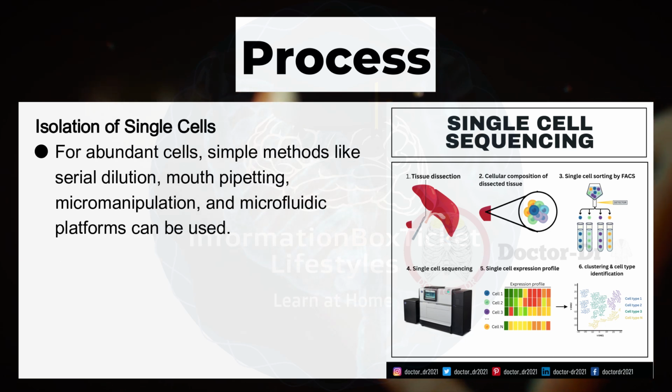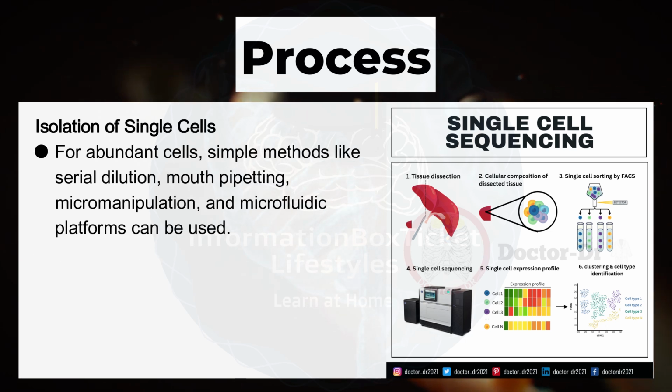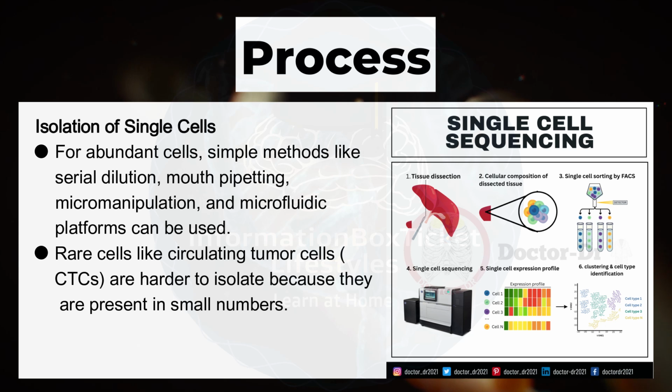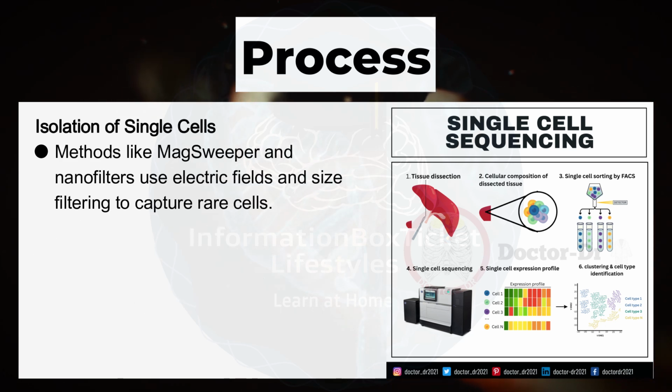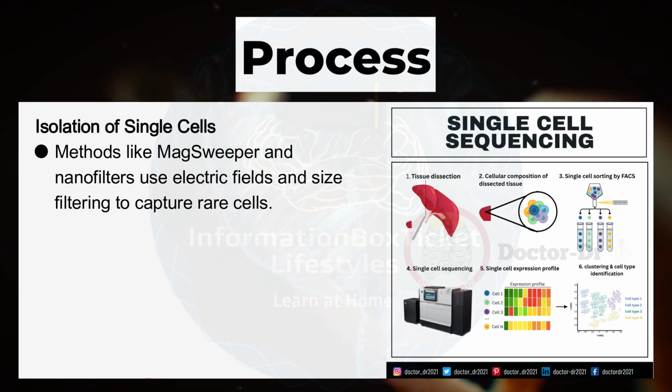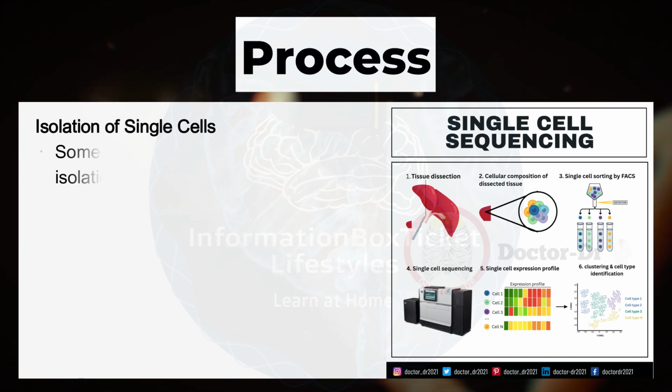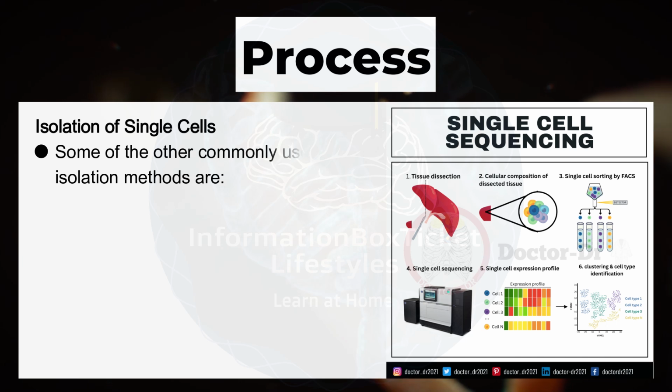For abundant cells, simple methods like serial dilution, mouth pipetting, micromanipulation, and microfluidic platforms can be used. Rare cells like circulating tumor cells, CTCs, are harder to isolate because they are present in small numbers. Methods like MagSweeper and nanofilters use electric fields and size filtering to capture rare cells. Some of the other commonly used isolation methods are